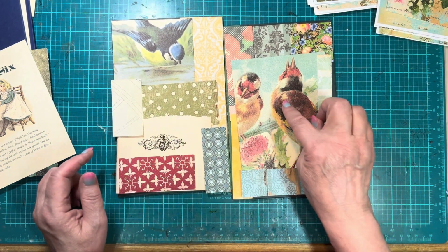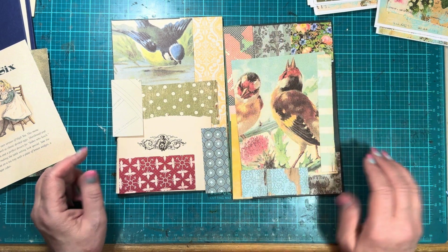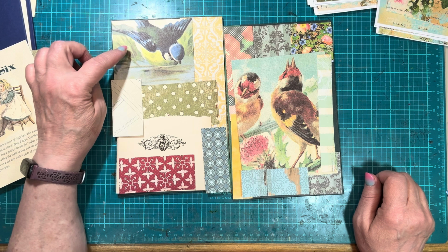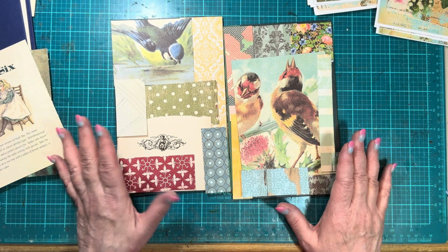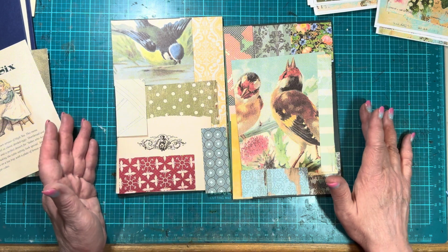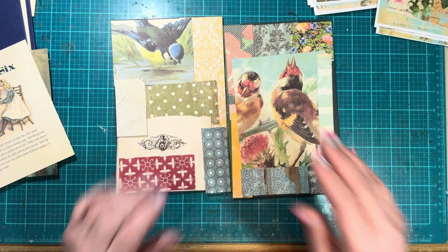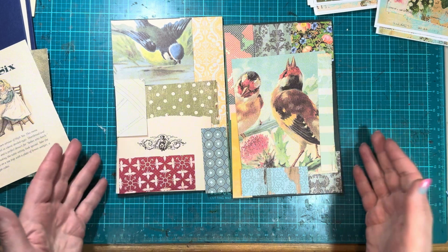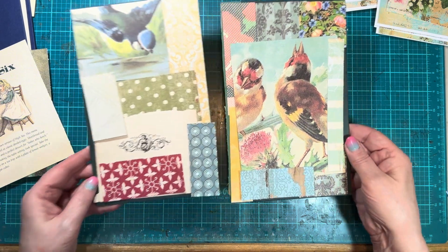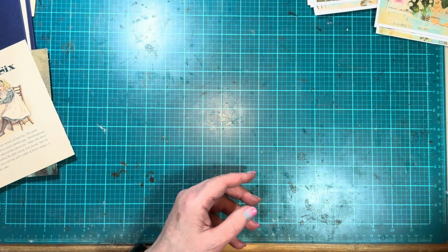So I'm using the birds on this cover and collaging some scraps of paper around it. And I decided to put just a little bird in the corner on the back side. So I took a picture of these, and I will Mod Podge them, but I had to take a picture so I wouldn't forget where things were. And now my phone is being used to video, so I can't have the picture here in front of me. So I'm going to Mod Podge this off camera, but I figured I would at least